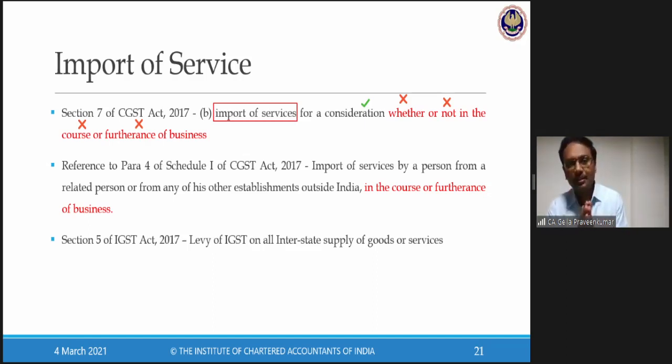So why is it important? Now, please understand, the lawmaker is trying to make his point very clear. I repeat, the lawmaker is trying to make his point very clear. What is he trying to do? He's trying to identify a business transaction where a supply can take place for a consideration. Supply can take place either for a consideration or not for a consideration. The moment there is a supply,